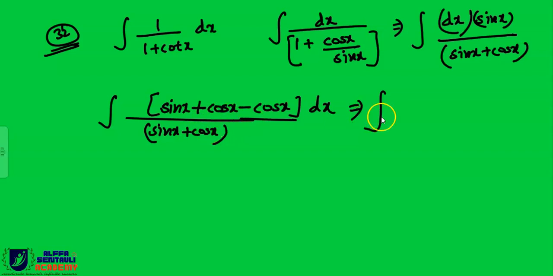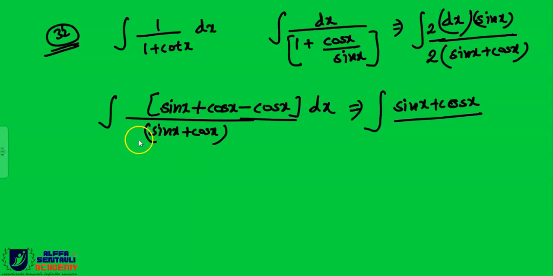this term, and write this as sin x plus cos x, divided by sin x plus cos x minus cos x upon sin x plus cos x. How do we get this, beta? So in this step, you can multiply 2 on both sides, 2 in the numerator and 2 in the denominator, correct?